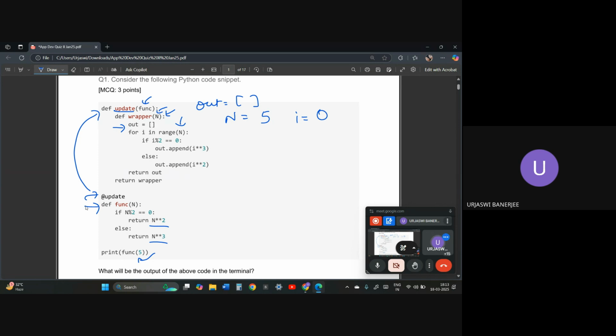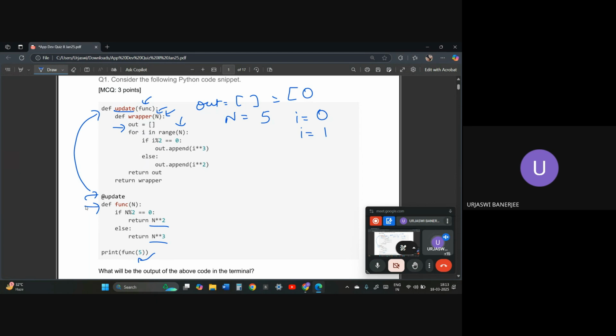If i % 2 is equal to 0, we will output i cubed. 0 mod 2 is equal to 0, so the first number added to output will be 0. For the second iteration, i will be equal to 1.